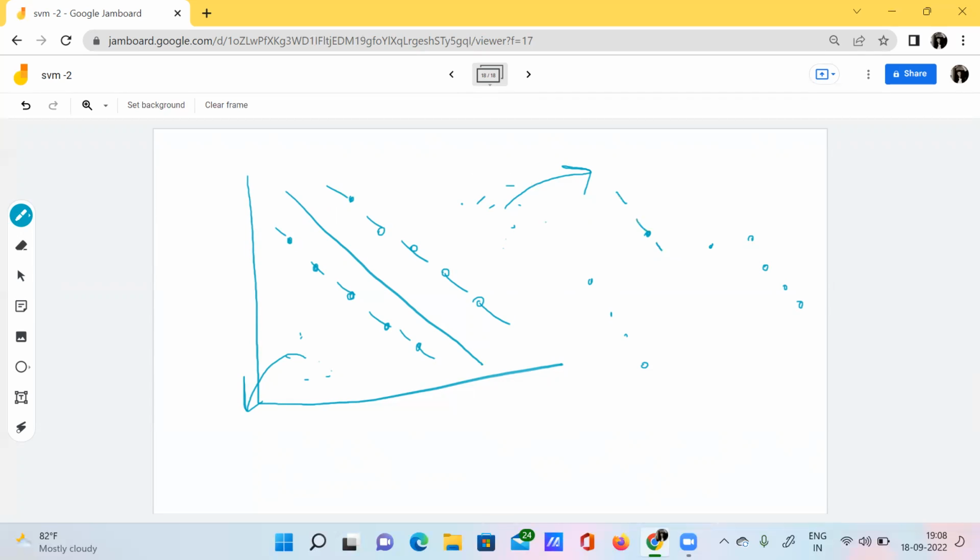Then our margin will be like this, and our hyperplane will be like this. Earlier, our hyperplane was lying in between these two, but if it moves forward, then the position of this hyperplane changes. So the maximal margin hyperplane is actually depending upon the support vectors.